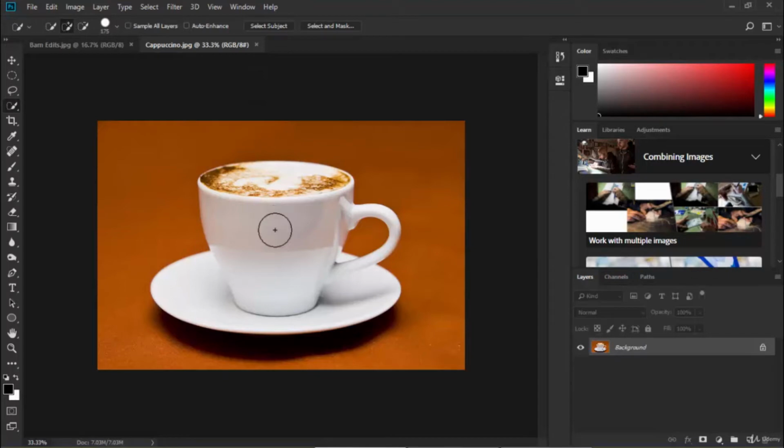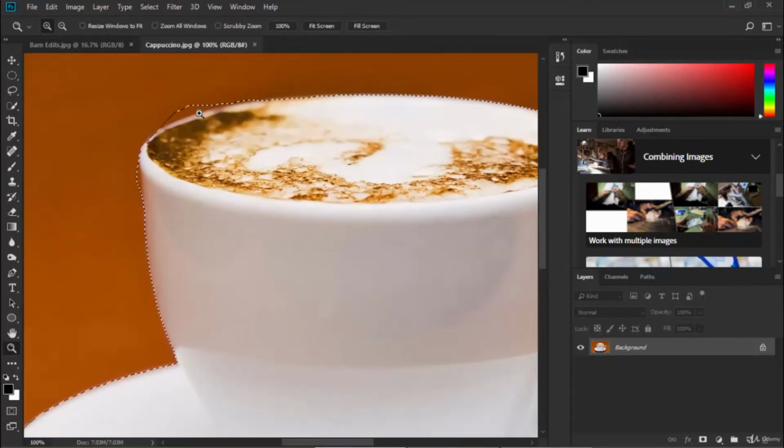What I can do is either click once and let it select what it wants. You can see it did a pretty darn good job. It just is looking for all the white basically. Then if it missed anything, I can click some more. Or you can also click and just kind of drag around your image. You'll see I messed up a little bit there, so I might zoom into that and fix it. I'll go Z for zoom, click a couple of times,